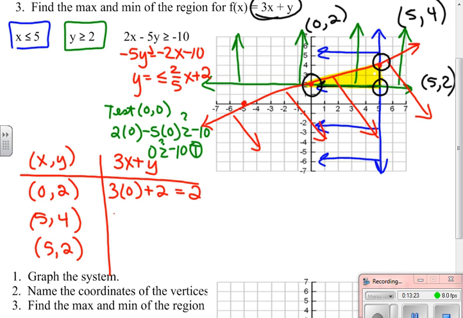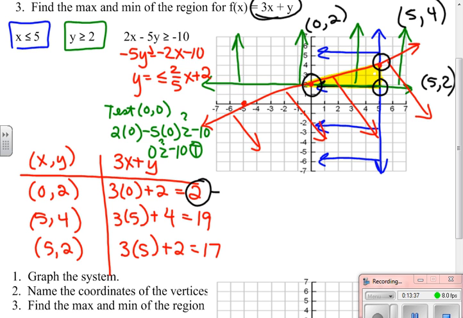And I'm going to have 3 times 5 plus 4, which is 19. And I'm going to have 3 times 5 plus 2, which is 17. So obviously 2 is my min, and that is at (0, 2), and 19 is my max